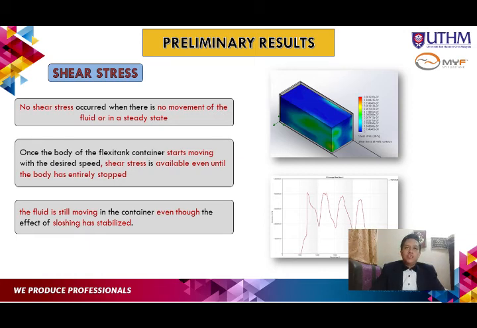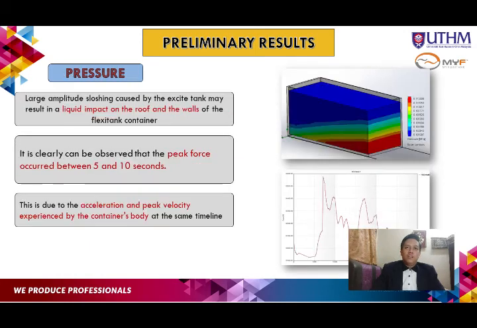So next is pressure. Large amplitude sloshing caused by the excited tank may result in a liquid impact on the roof and the walls. So from pressure we are going to observe the liquid impact of the fluid on the roof and the walls in the flexitank container, the container's body. And from the contour we can observe that the concentrated pressure is high at the bottom front of the flexitank container. So this can also lead to structural damage and also